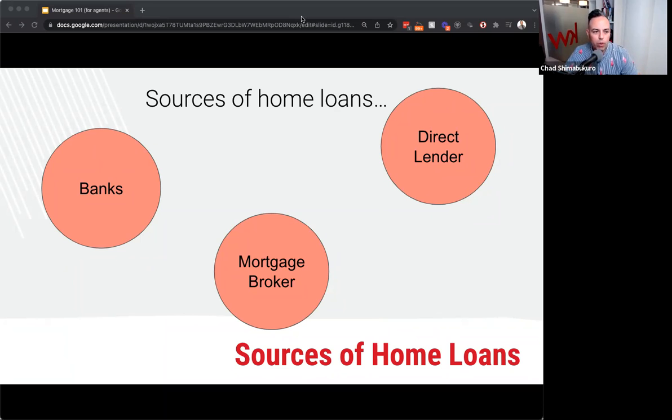This is where a mortgage broker shines, because a mortgage broker has anywhere from 20 to 50 relationships with traditional banks, but also the nuanced niche type of lenders. Some of them might be in Kansas City, whatever it is, that say, oh yeah, we deal with that. We deal with people that have credit challenges or are self-employed and can't verify all income, that kind of thing. And so what a mortgage broker will do is reach out to all their sources and figure out if they have some type of financing option for that buyer.